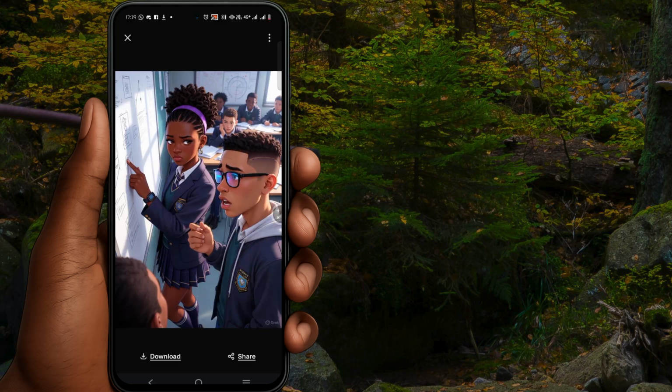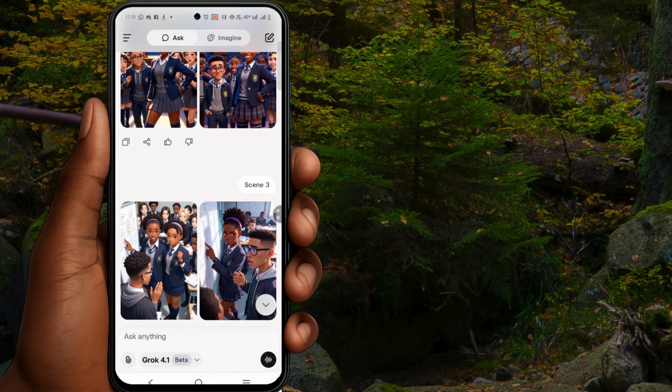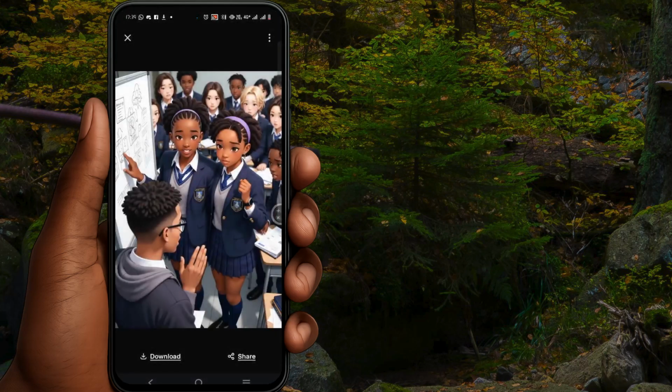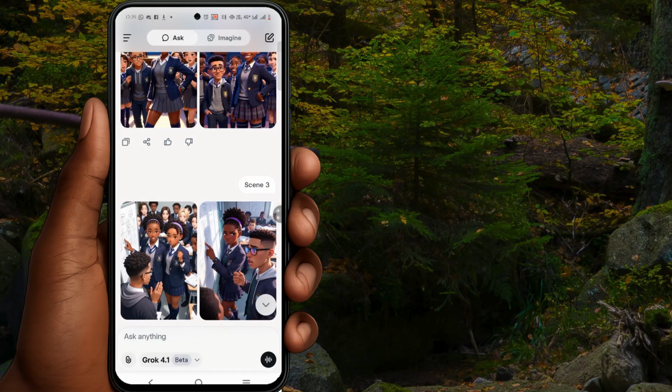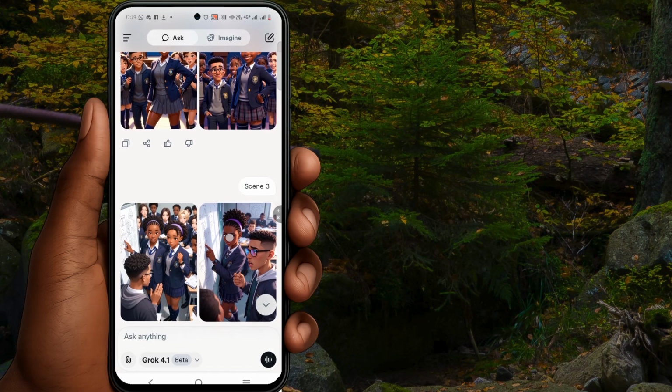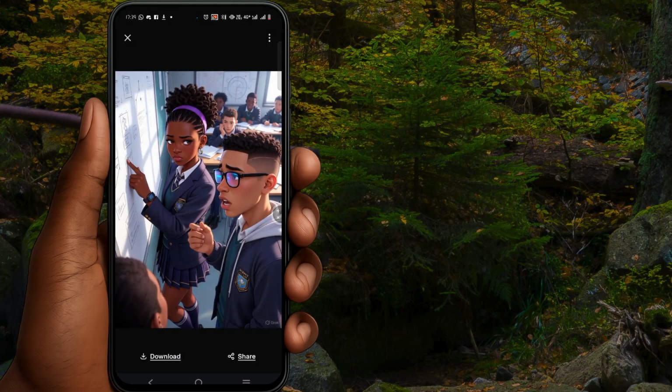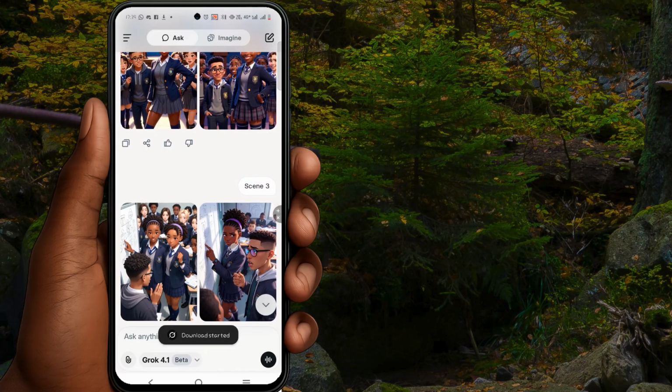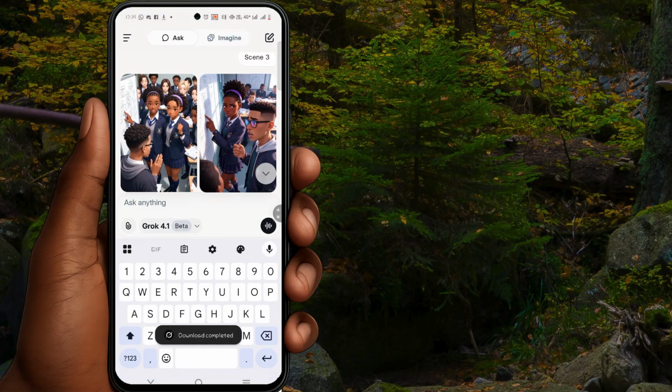I'm also looking out for consistency in the school uniform. So here they kind of look alike a bit. So I'll stick with this one. So this is scene 3 and then I'll write scene 4 next.